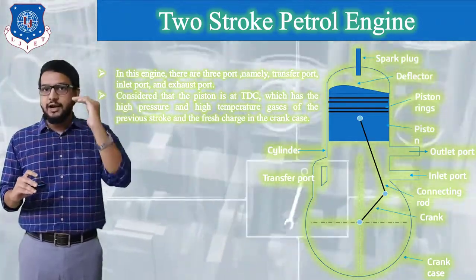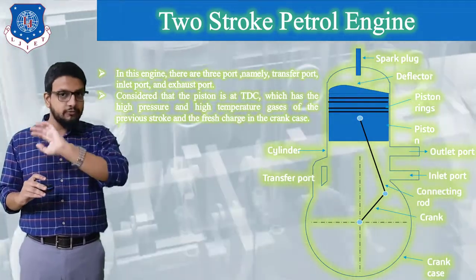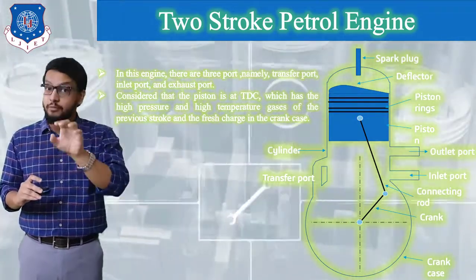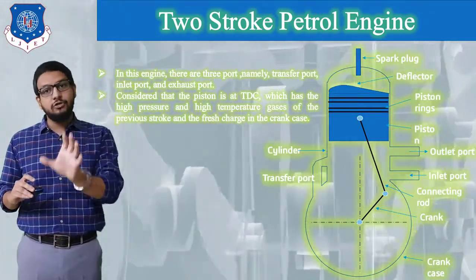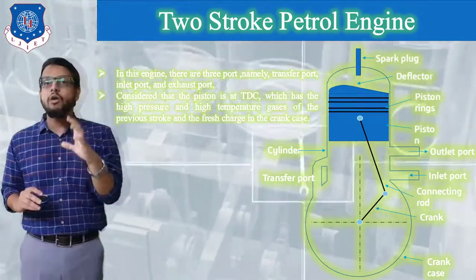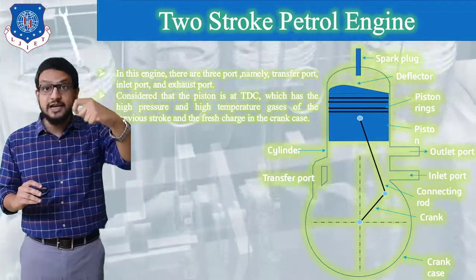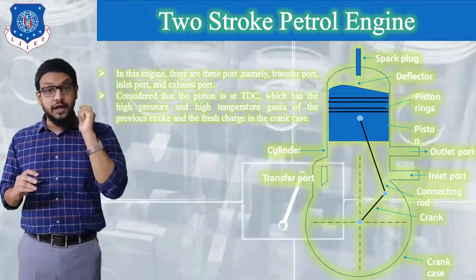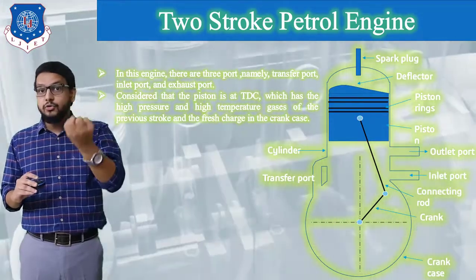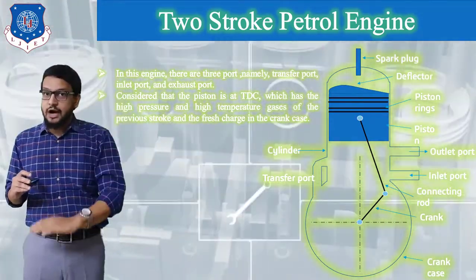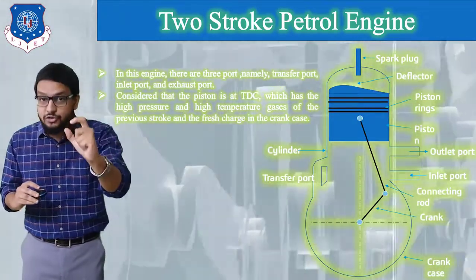Remember this condition. At TDC on the top side of the piston there is already air and petrol mixture which has arrived from a previous stroke. And on the bottom side of the piston there is air and petrol mixture which has been sucked. Now what is going to happen? The compressed air petrol mixture which is already present on the top side will be ignited by a spark plug. As soon as the ignition takes place, hot gases are generated. Due to a high force, the piston will move in a downward direction. So from TDC to BDC on the top side, the power stroke is performed.